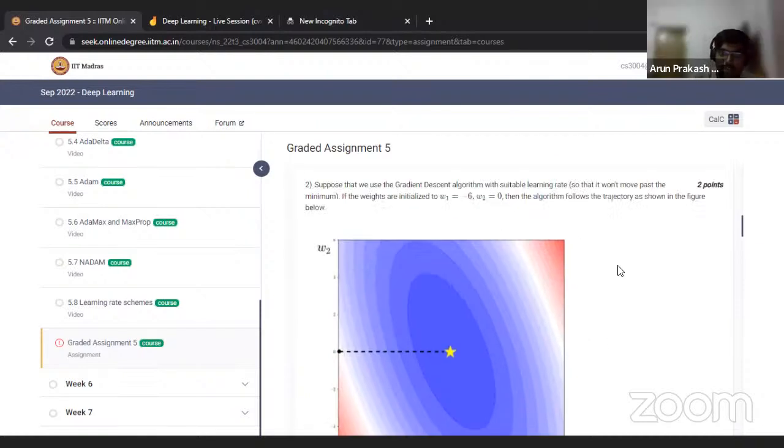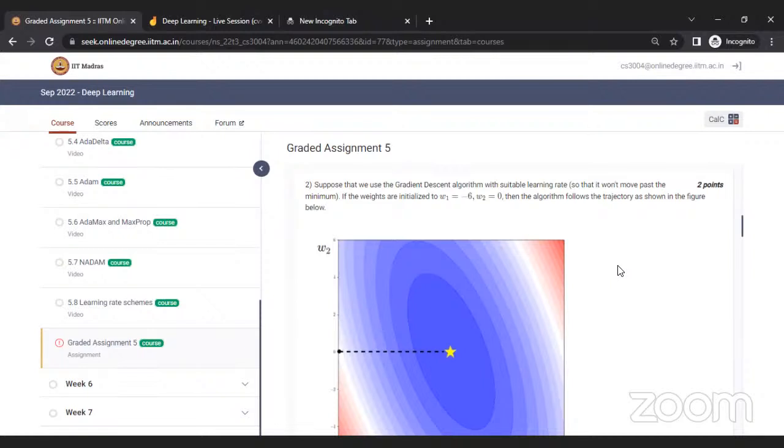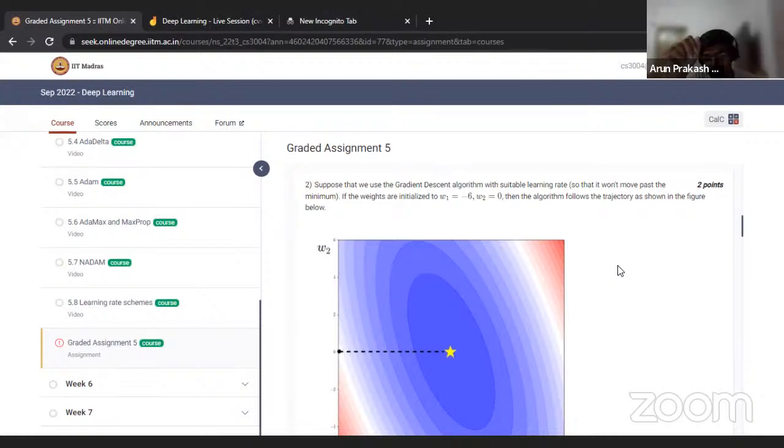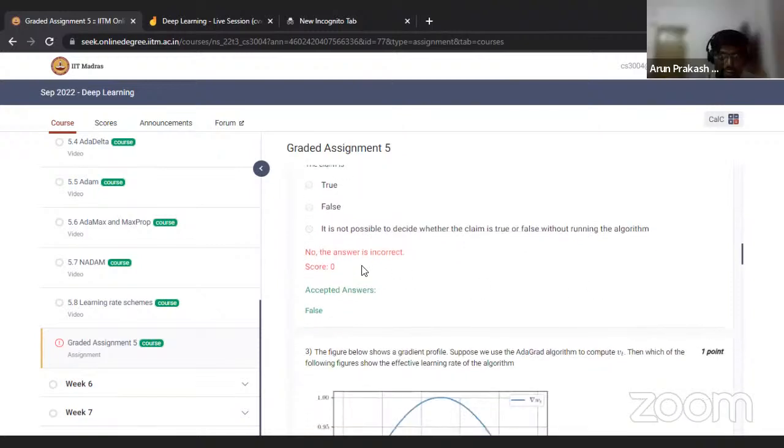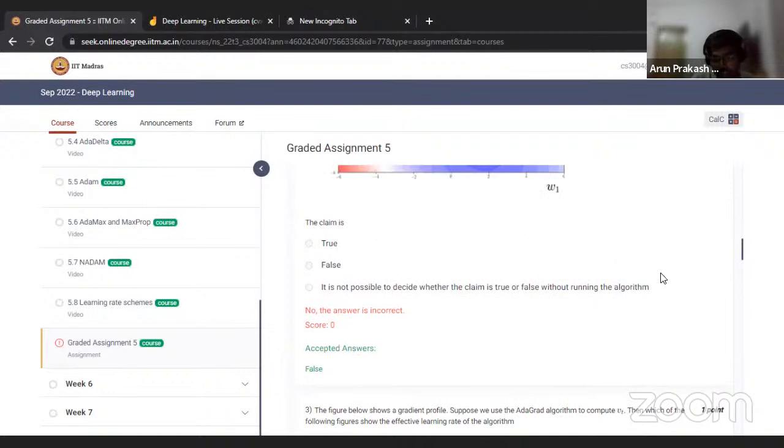Okay, my initial value of W2 can be 0, right? But after the update, my W2 no longer remains 0. It changes, either increasing or decreasing. Even if I give you an initial value, it doesn't depend on my input, but on the gradients, so it keeps updating. Those are just my initial values; -6, 0 is the initial value. Yes, it may change after the iteration, sir. So it will not be a straight line. You might also think it is not possible to decide whether the claim is true or false unless you run the algorithm. That is true in general, but